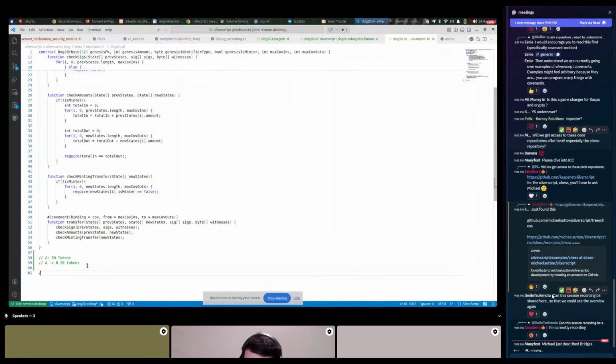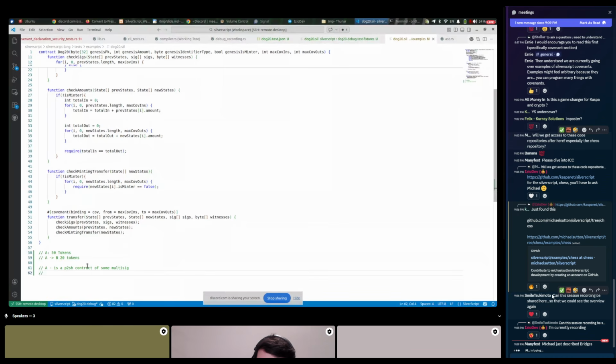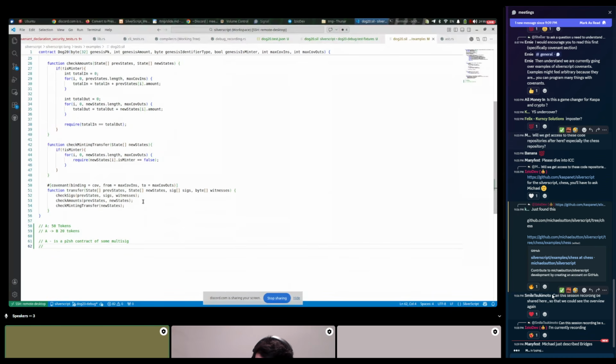Let's say A is a P2SH contract or some multi-key. What we would theoretically do is make doc20 evaluate contract A to prove ownership of the tokens.